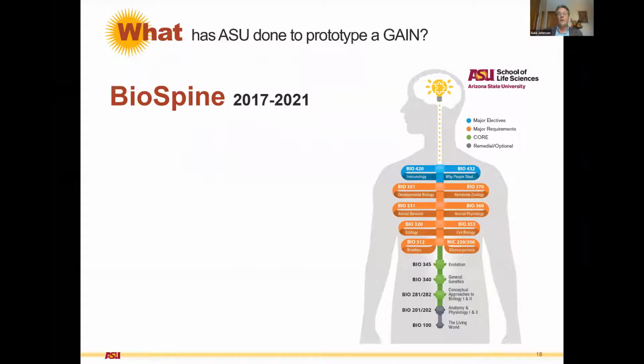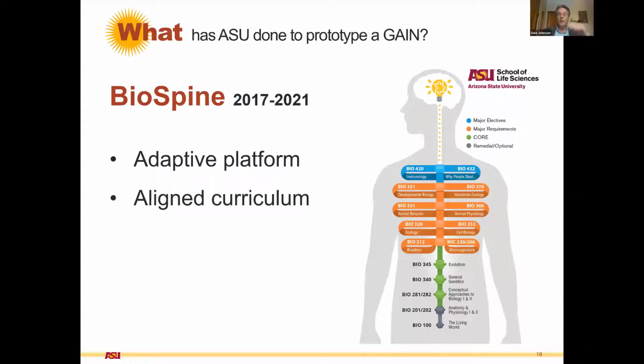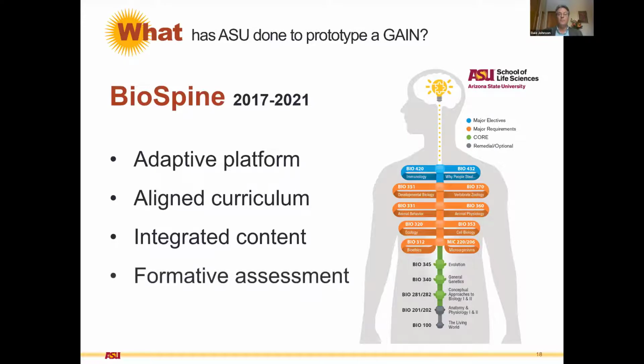Adaptive Instructional Network. We took an adaptive platform, which was Cogbooks. We aligned the curriculum across all of these different courses from first year to fourth year, integrated the content. So there were about a dozen faculty teams, each between 5 and 7 faculty members working on aligning curriculum, integrating content, coordinating the course material, developing formative assessment, and coming up with measurable outcomes. This served as a roadmap for the game. What we did here was really kind of a collaborative MOOC.